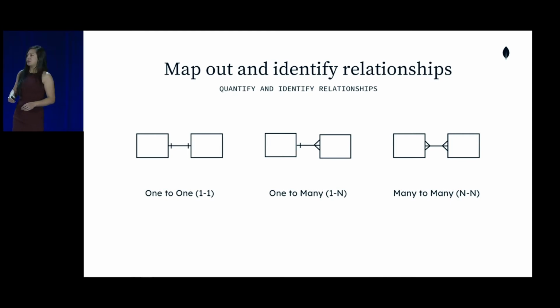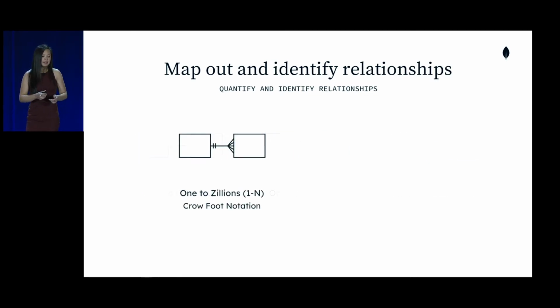But we found that when we started to scale, as we started getting into the thousands per second type of requests world, there's one more relationship that might be needed to be able to fully describe our data. And that's something called the 1-to-zillions relationship. So when one-to-many is not enough, or even many-to-many is not enough, we found that 1-to-zillions can sometimes be used to describe that type of data.